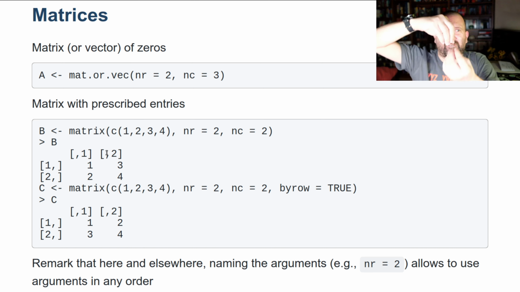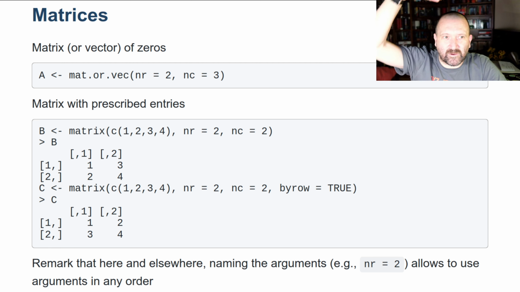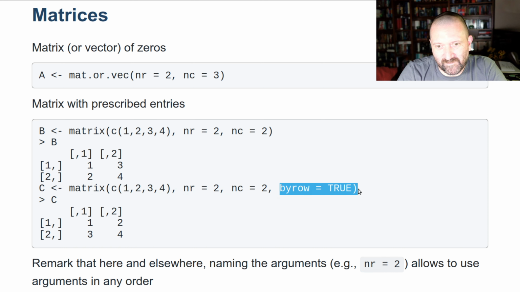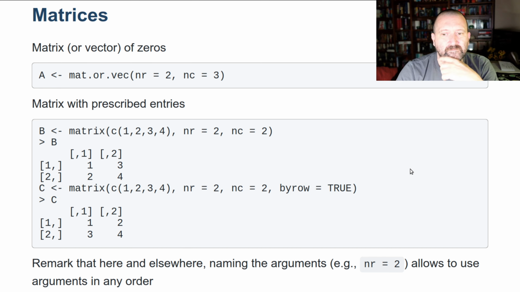So a matrix is just a very long column vector. So that means that entering 1, 2, 3, 4 means you get 1, 2, 3, 4 filled by column. If you want to indicate that things are entered by row, you say byrow equals TRUE. And I should point out TRUE is a reserved keyword that means true. So if you want to indicate that something is true, you could specify it that way. And yes, a remark,